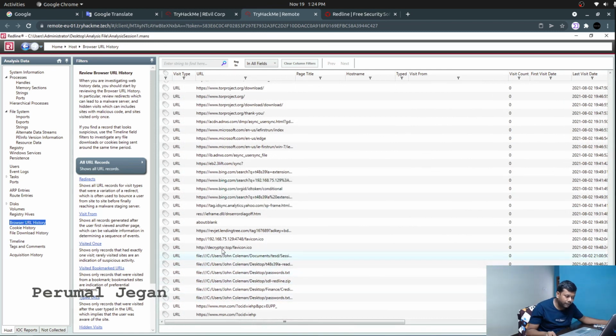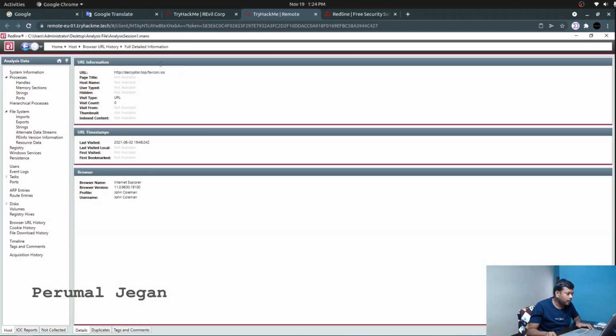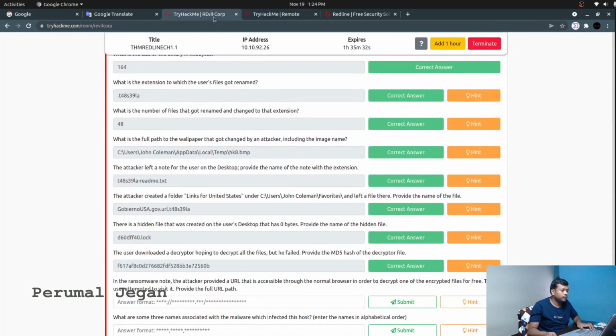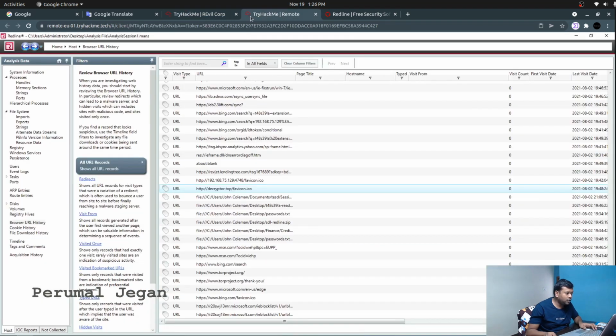Here we can see a weird URL called decryptor.top/favicon.ico. So it seems to be the answer. Let's verify. Seems this is not the answer. Let's look for another URL.